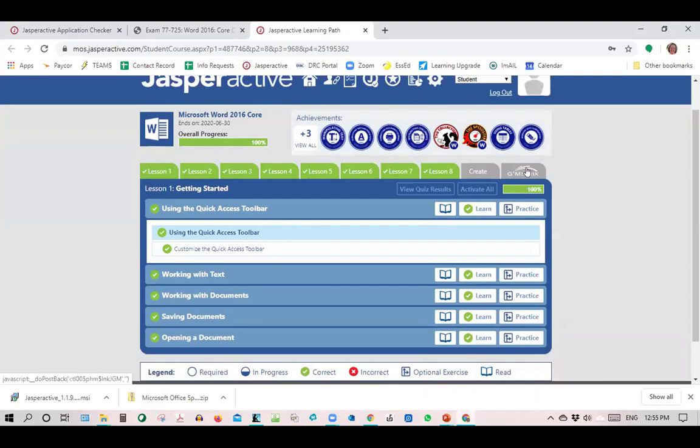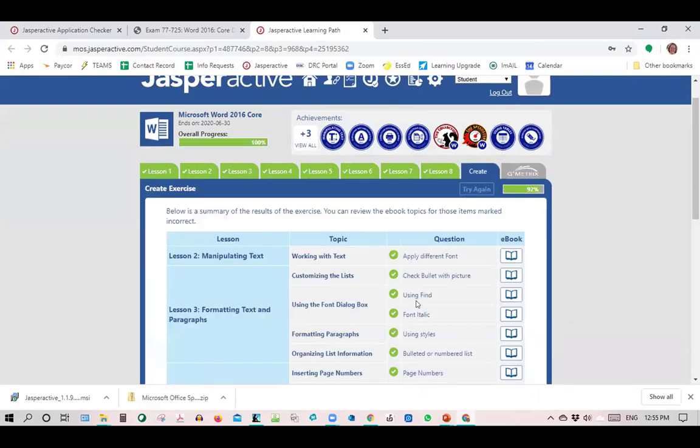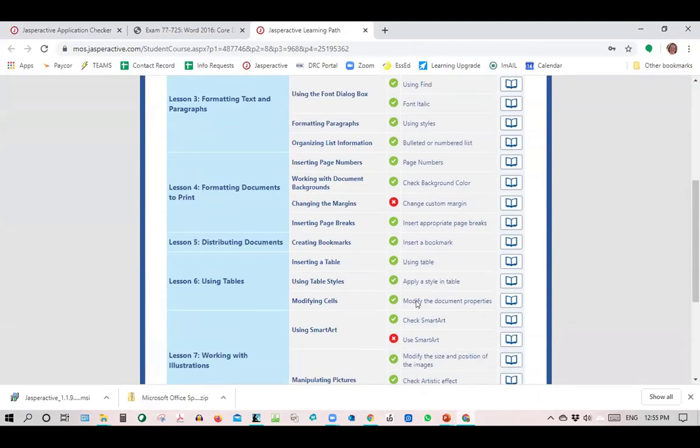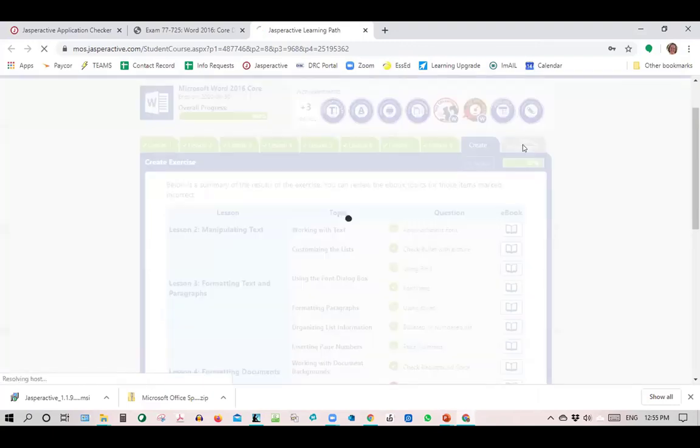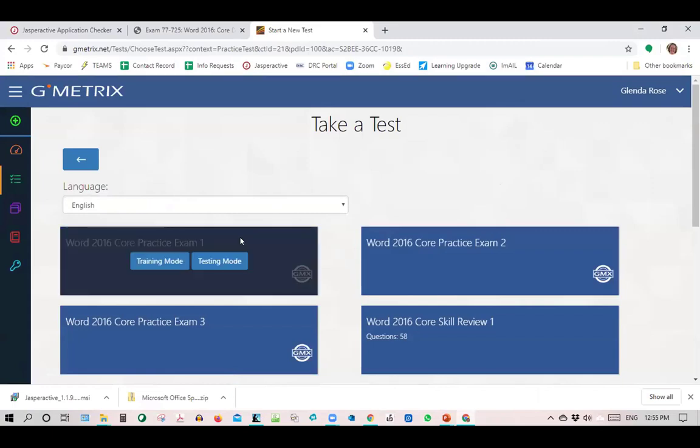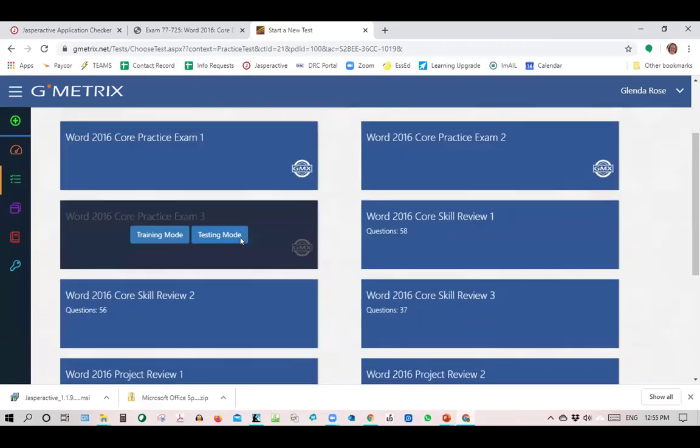Is that clear for everybody? Folks are saying Geometrics is yes, actually another one. We actually do some of the pre-testing on that. So when they get to the end of the Word lesson, they actually have a project that they have to do, and it has to include certain things. And then it's submitted, and then they go over to Geometrics, and Geometrics has some practice tests. We require that they have at least an 850, 900 before they go and take the real test. Like I said, we're paying for that, so we want to have a pretty good feeling that they're going to pass it. We can't always be sure, but we would like to have a pretty good idea.